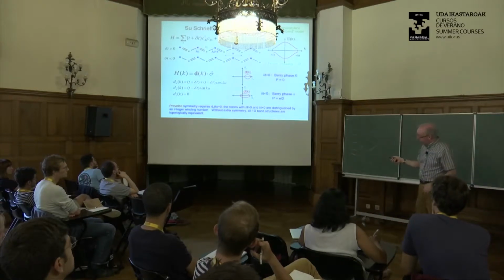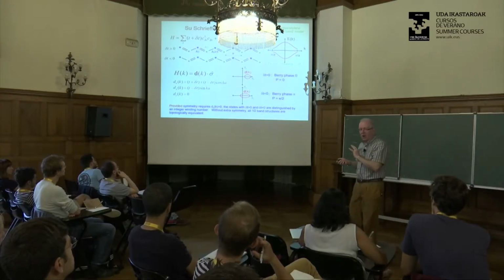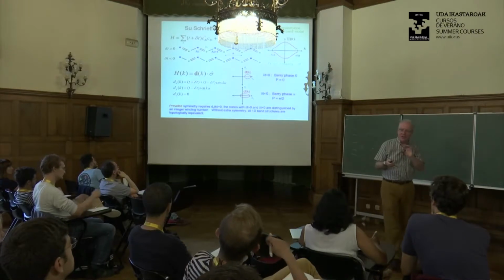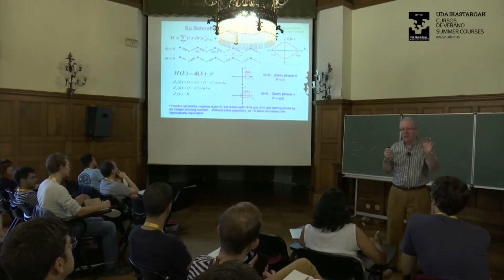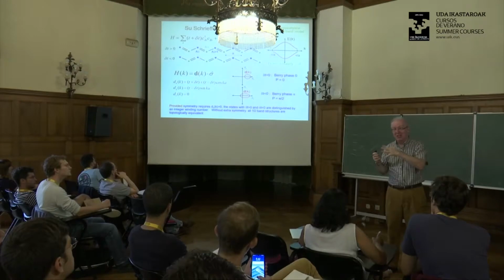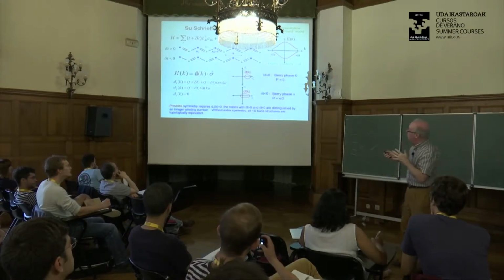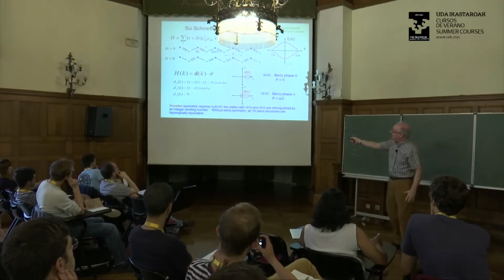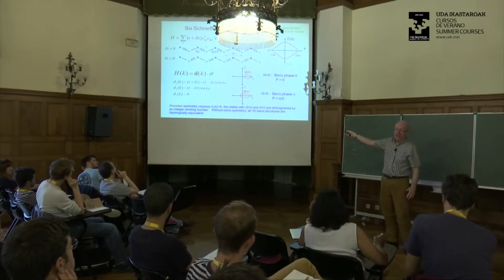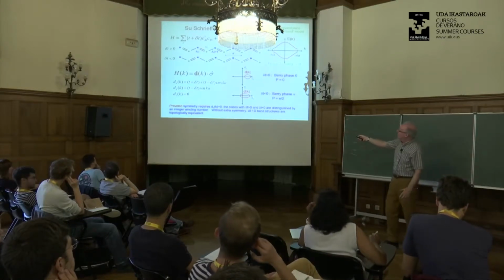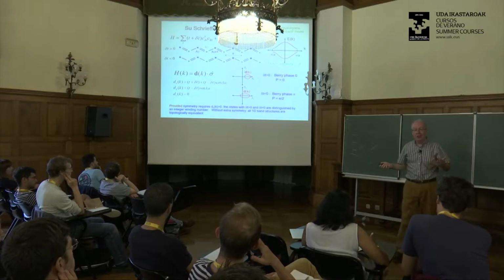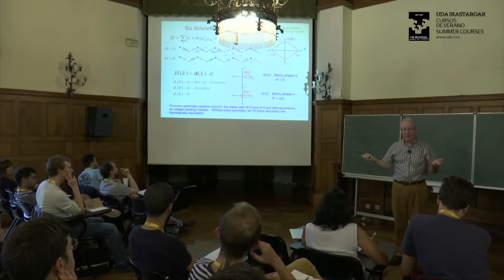Now, I'd like to argue to you that the A phase and the B phase are topologically different phases in the sense of adiabatic continuity. Because of course, in order to get from the A phase to the B phase, this dimerization has to go through 0. And when the dimerization is 0, the energy gap has gone to 0. So that's your quantum phase transition.